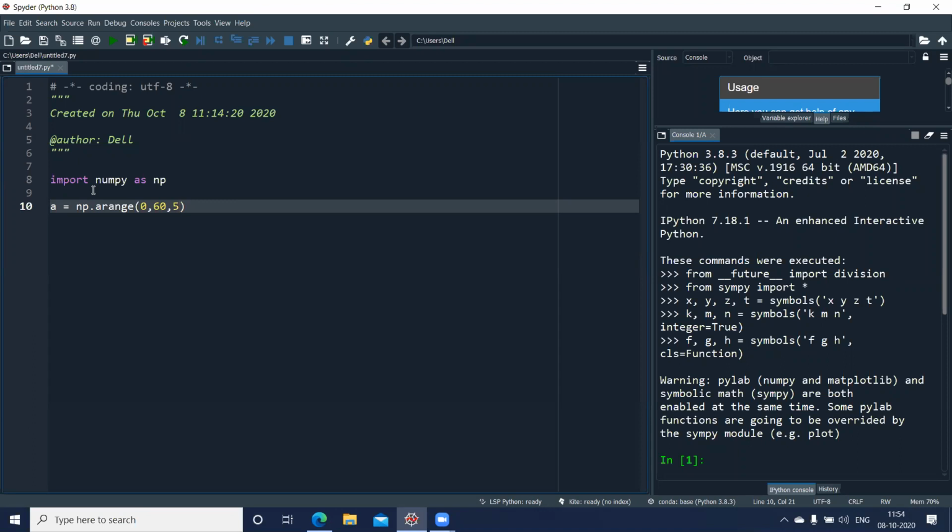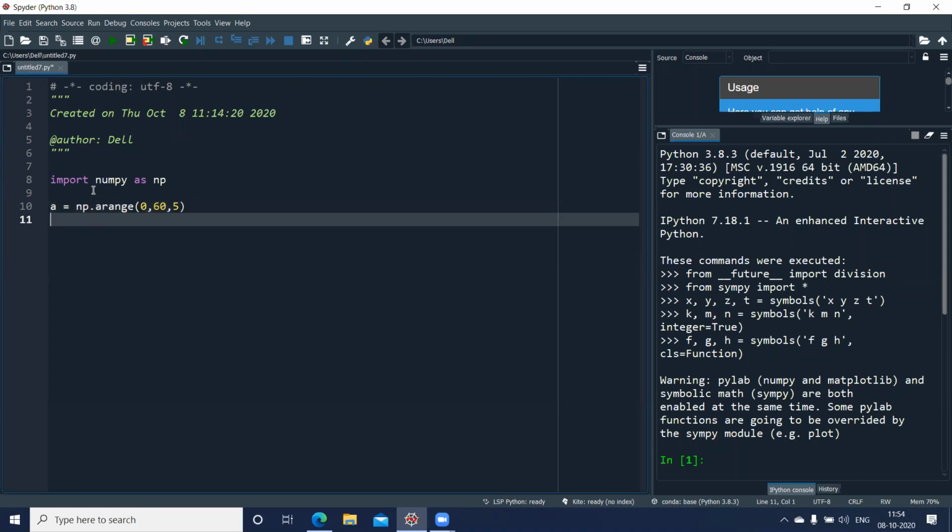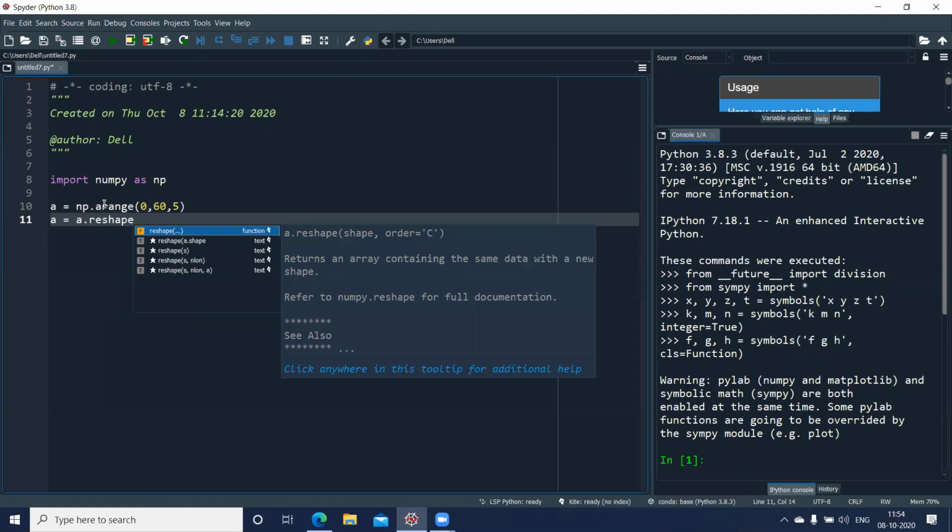As this will create a 1D array, I want to reshape this. I can do that by using the function reshape. I'll write a equal to a.reshape. This function takes the dimension which I want the array a to be in, without deleting the data, so the data remains the same.